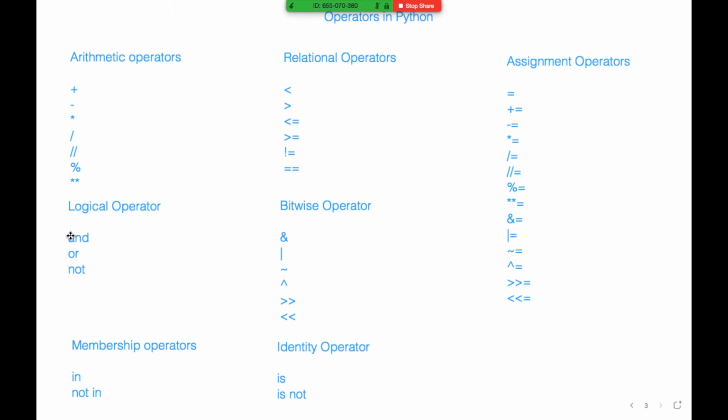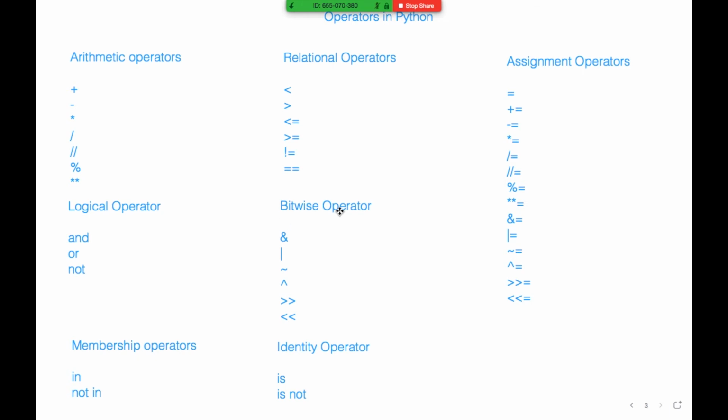In the case of and, both left and right of the and have to be true, then only the output will be true. Not is to negate the value. If we have a true, it will negate that to false. If we have a false, it will negate to true. So this is the logical operator.